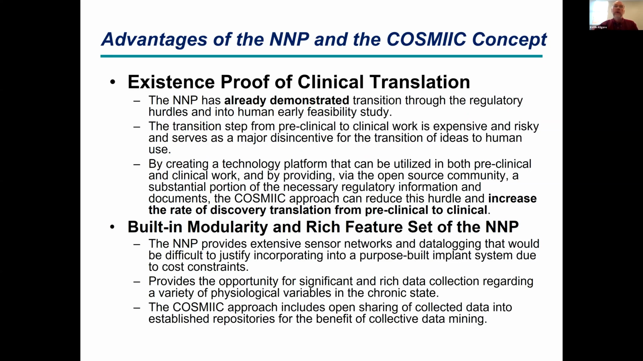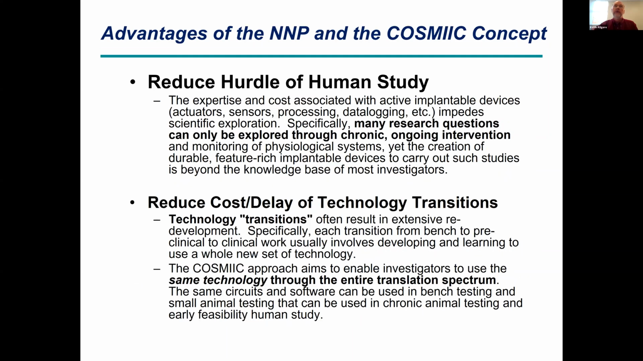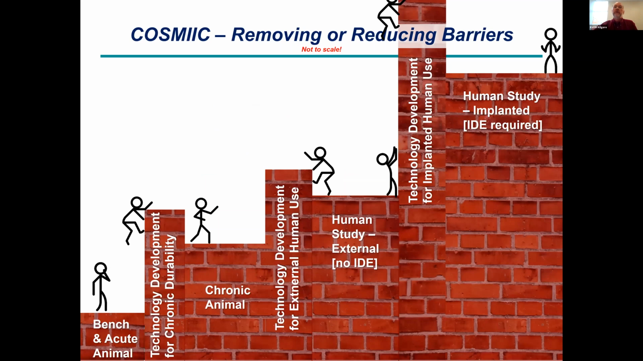Okay, I'm going to skip over the next slides and just go through a series of examples here. The idea is that the NNP and open source could reduce the hurdles of getting to human study, and reduce the cost and delays associated with technology transitions, which I'll show you what I mean by that. So I'm just going to use this graphic here. I know that research never progresses in a nice linear fashion as I imagine here from left to right, but